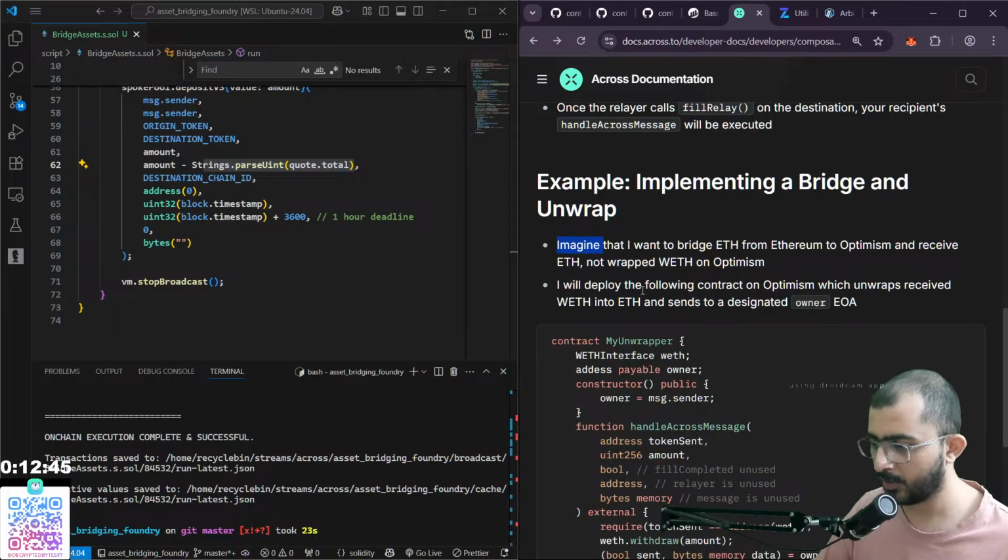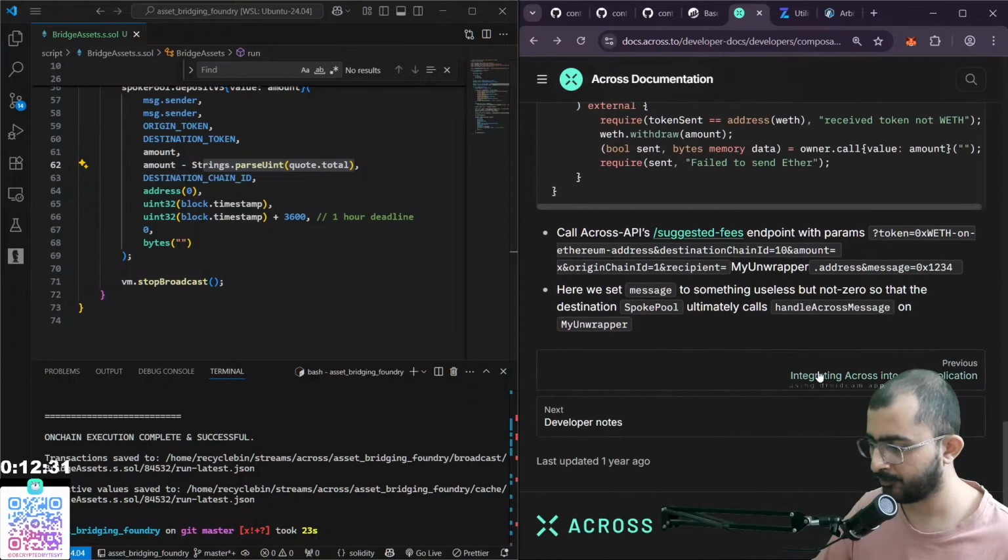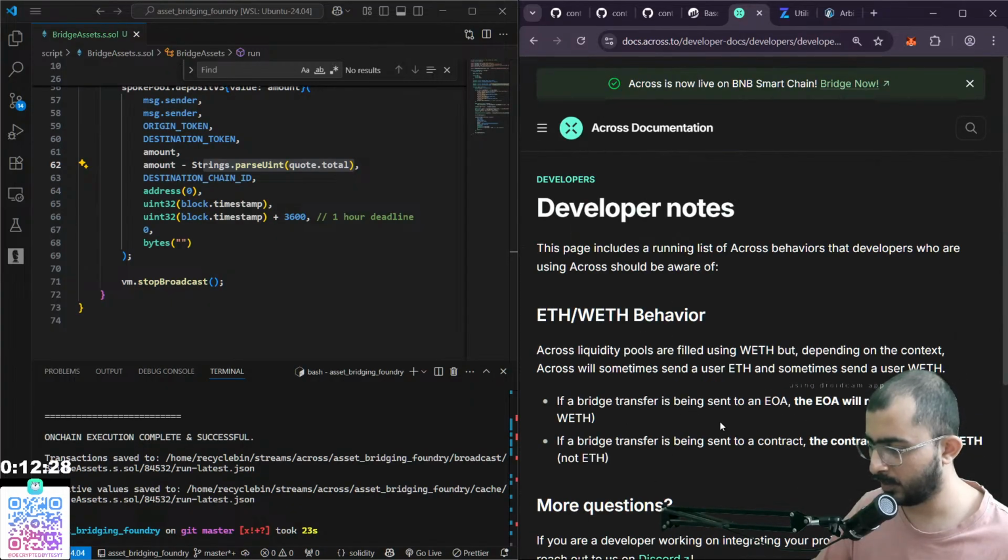I will deploy the following contract on Optimism, which unwraps a received WETH into ETH and sends it to a designated owner EOA. Okay, so in the developer notes, we have read this previously, it says the contract will receive WETH in any case. So for EOA,